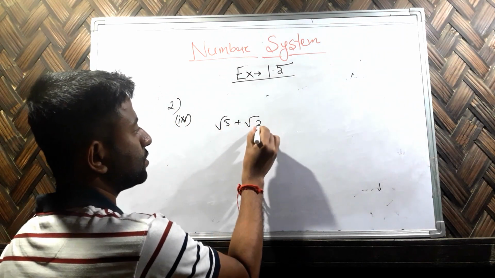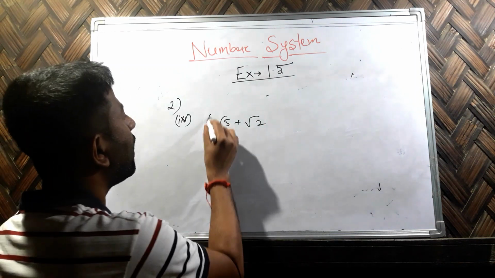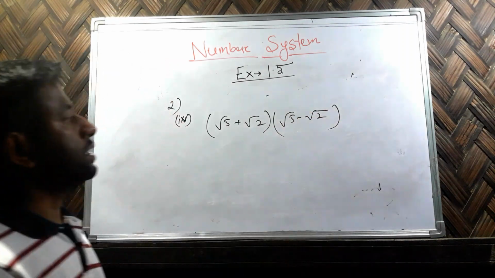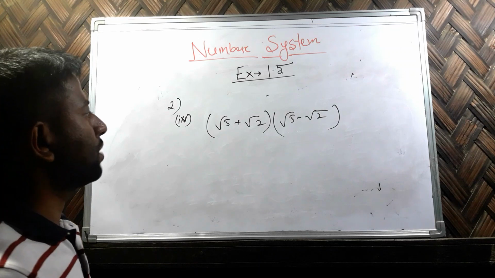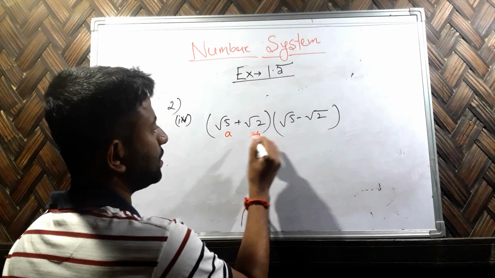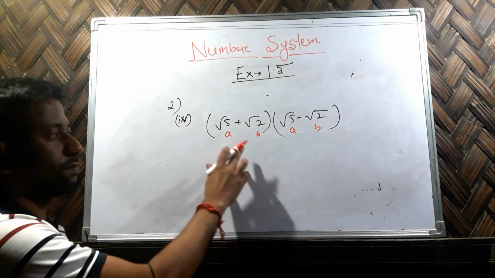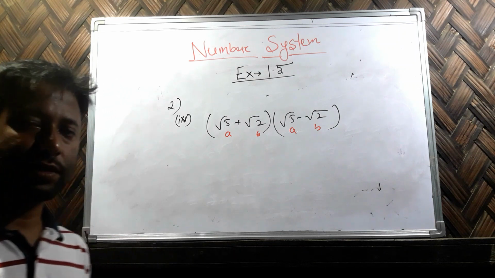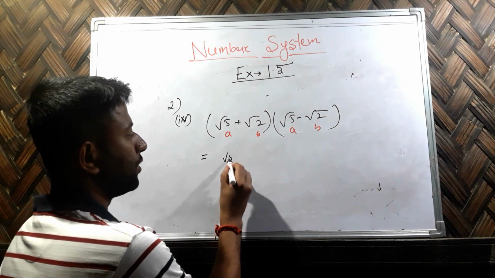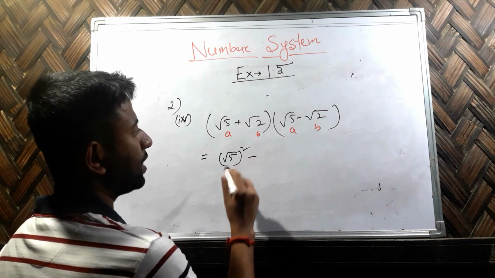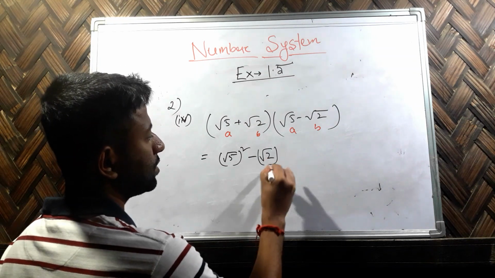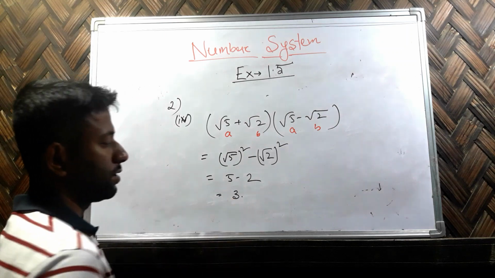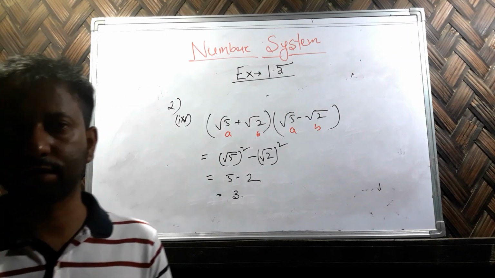√5 प्लस √2, एंड √5 माइनस √2। तो ये सिंपली ये कैसे हो गया, ये भी एक फॉर्मूला में आ रहा है, जैसे कि ये a, ये b, ये a, ये b, तो ये a प्लस b इंटू a माइनस b। व्हाट इज द फॉर्मूला फॉर दैट, वी नो दैट वन इज a स्क्वायर माइनस b स्क्वायर। तो a स्क्वायर मीन्स यहाँ पे क्या हो जाएगा, √5 स्क्वायर माइनस b स्क्वायर मीन्स √2 स्क्वायर। सो इट विल बी 5 माइनस 2, दैट इज 3। बहुत ही आसान है ये सब कुछ है।